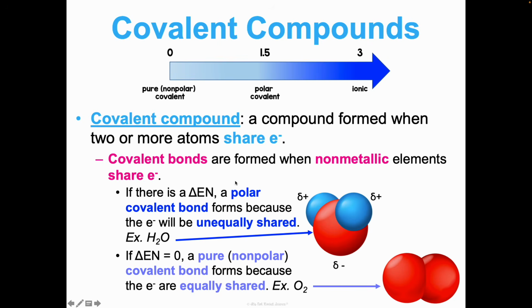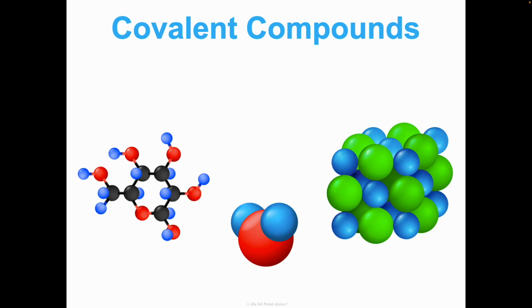Okay. This notation is just to show the partial poles that form, but you don't need to worry about that. And then I just showed that there so you can see that there's no poles here because it's not unequally shared. All right, I want to remind you something that's unique about covalent compounds from ionic,